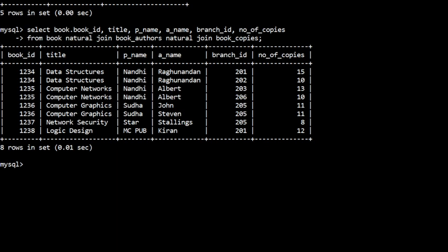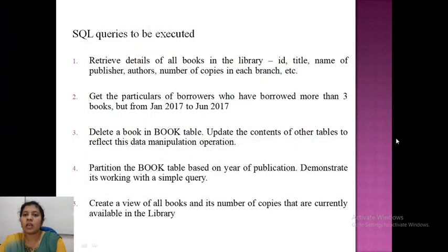So the second query is, get the particulars of borrowers who have borrowed more than 3 books but from Jan 2017 to June 2017. Okay, so here we need to get the particulars of borrowers, meaning only the card number we need to display. Only that is the information we can display here.